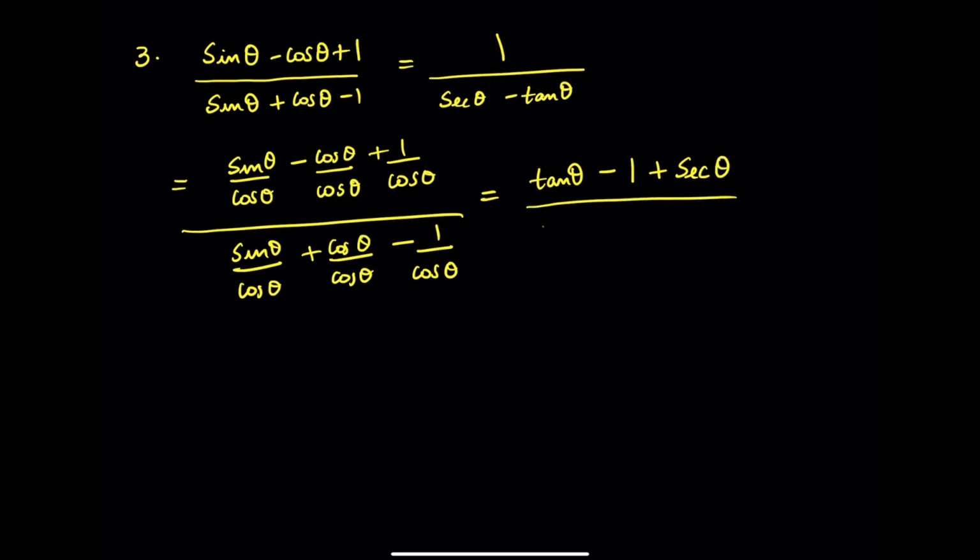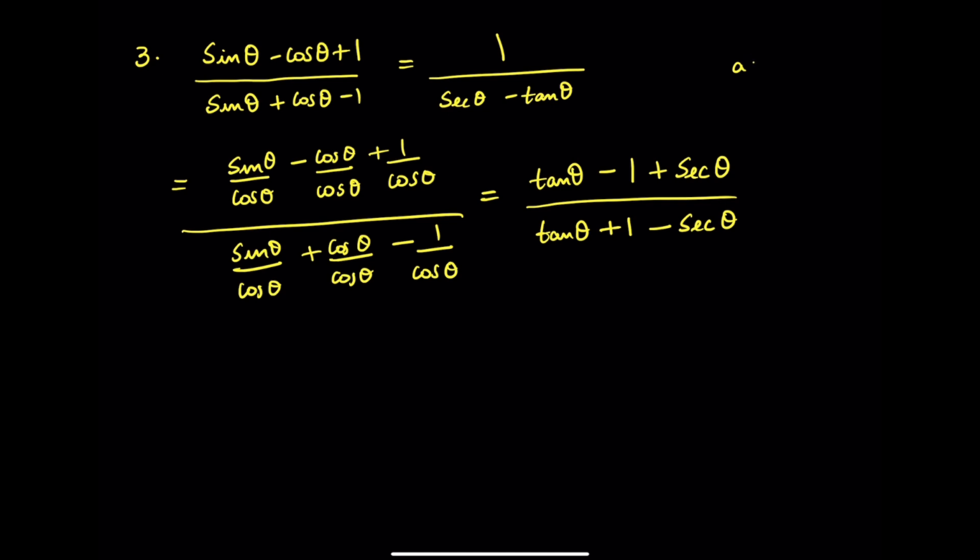Correct? Now the denominator will be tan theta plus 1 minus secant theta. Now we have reached a dead end and we cannot simplify this further. So in these scenarios, we have to think, if we multiply and divide this equation that we have arrived at by